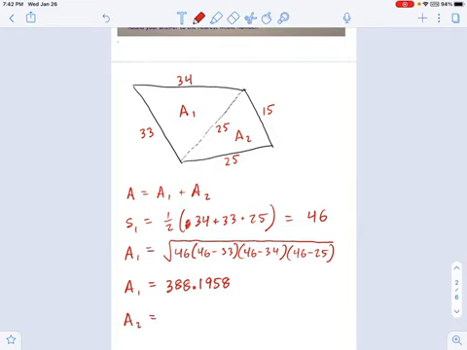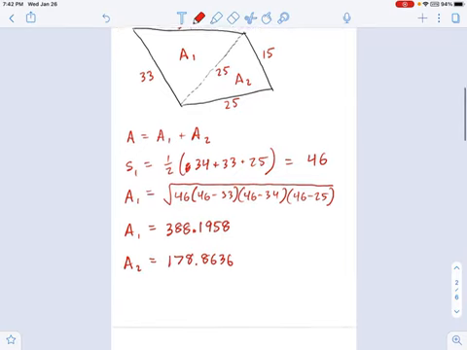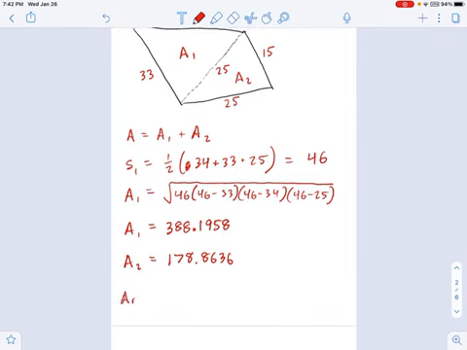Okay, same exact thing, except now we're doing this triangle right here. So your sides are 25, 25, 15. First calculate the semi-perimeter, then go for the area. In that case, you would get something like 178.8636. I think that's what my notes had written down. Okay, so now to figure out the total area, you just add those together. And that gave me